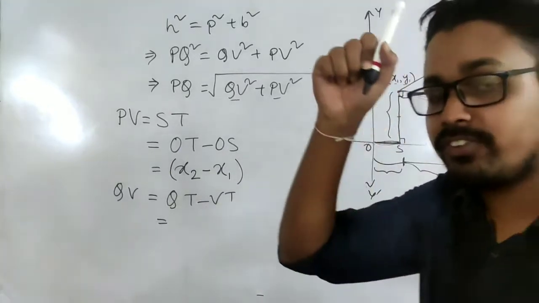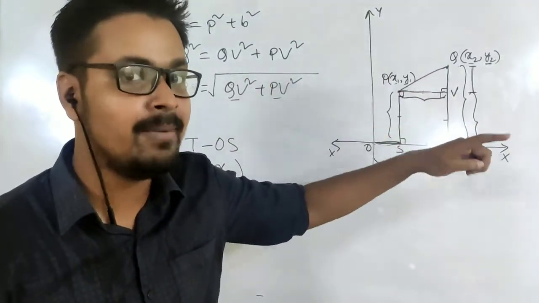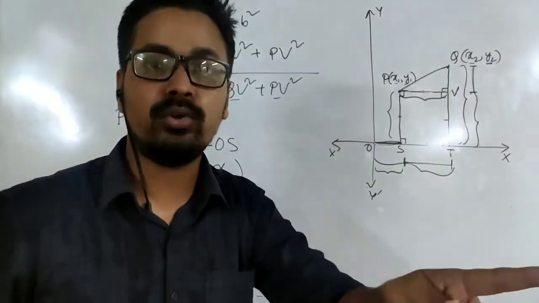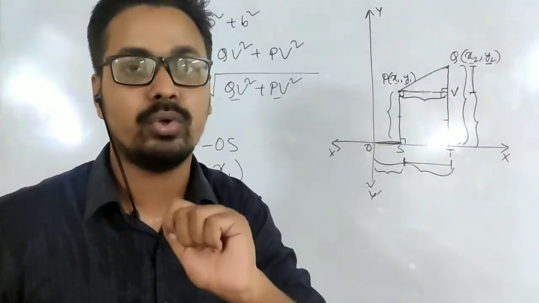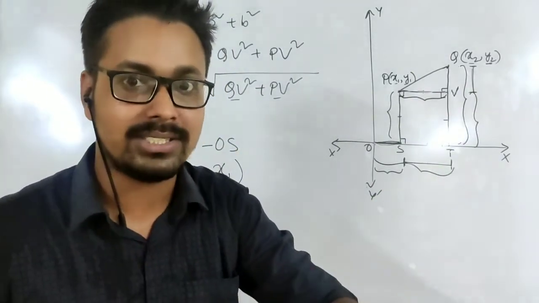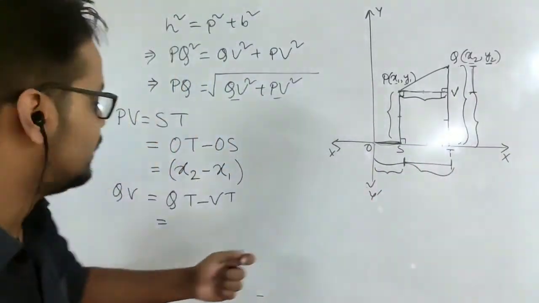If you have understood the first one that I explained at the beginning of the video while I was plotting a point 2, 3, then you will understand. If you have not understood what I have done now, go back to that part of the video where I have shown you how to plot 2, 3, what does 2 mean, what does 3 mean. Once you understand that, come back to this portion, it will be very easy for you to understand.